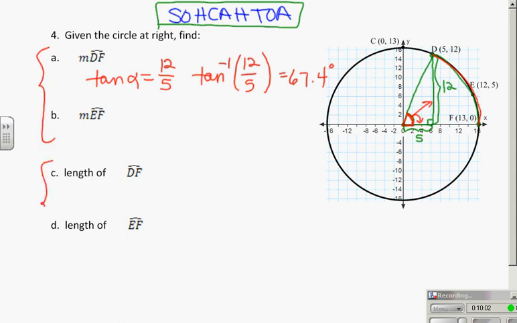You can work through and give those a try. These are arc measure. These are arc length. What you'll find here, EF is a similar triangle right there with a smaller angle. Once you have A and B done, C and D are a matter of using the arc length formula. If you want to come see me about those and see if you did